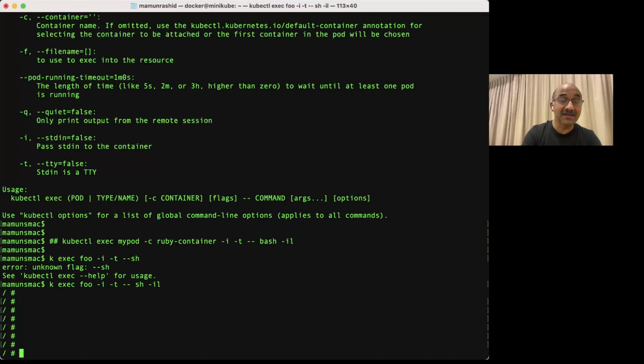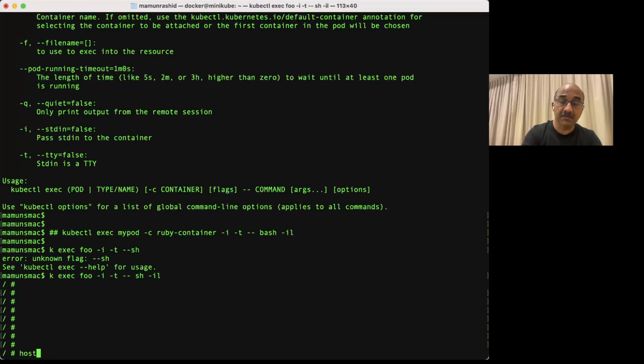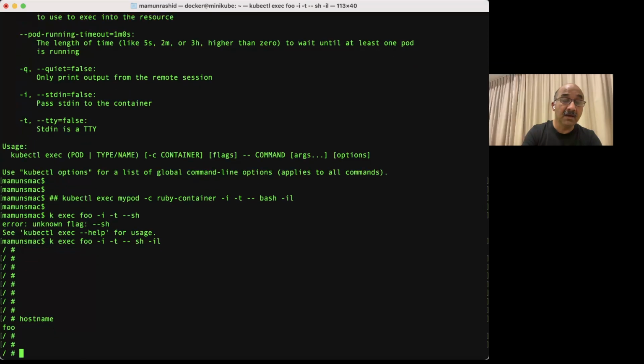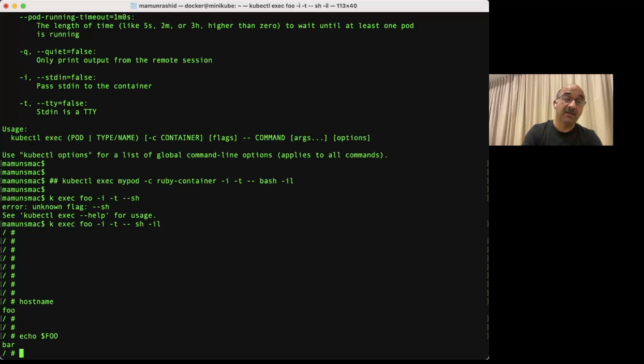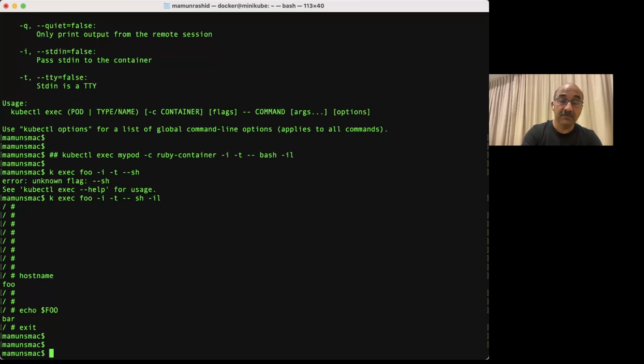Okay, now I'm inside the pod. I know that because if I do hostname, I see foo. Now, if I do echo $foo, the value is bar. That means the environment variable got created as part of the process because we specified so in the command that we ran. Again, if I do history,